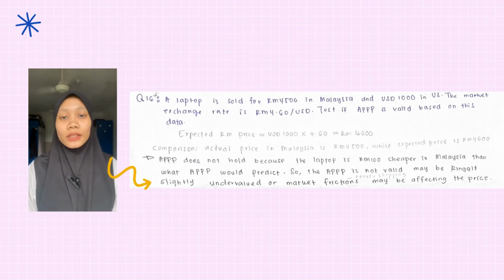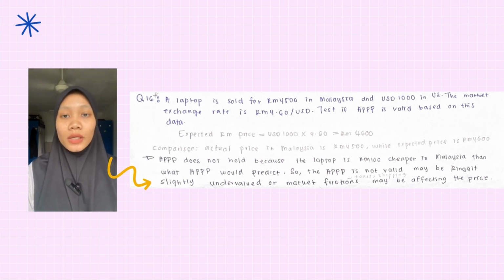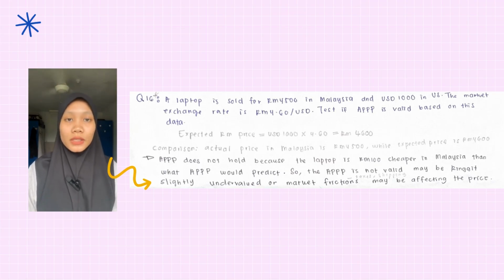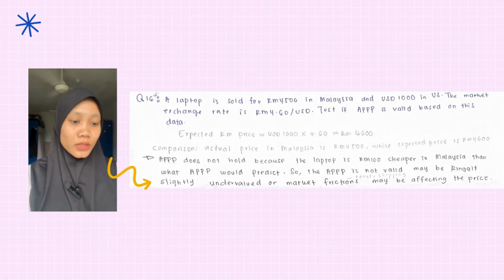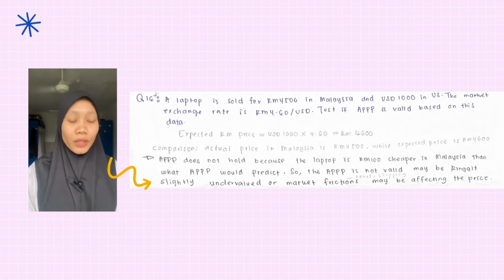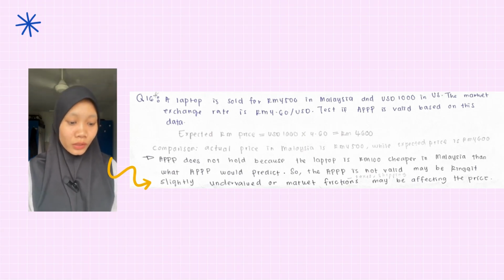Question 16. A laptop is sold for RM 4,500 in Malaysia and USD 1,000 in the US. The market exchange rate is RM 4.6 per USD. Test if APPP is valid based on this data. So we first find the expected RM price, which is 1,000 USD multiplied with 4.60. So we will get RM